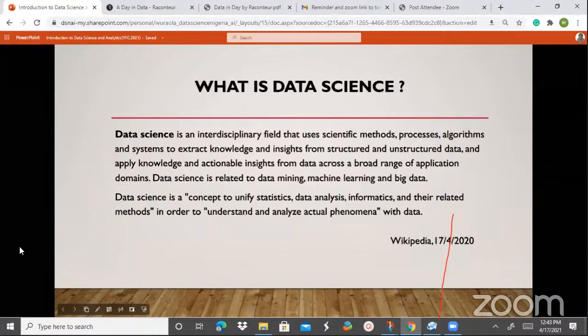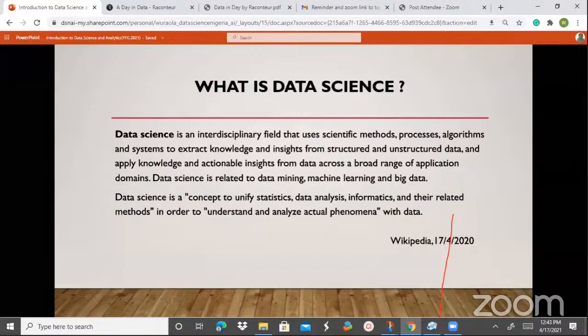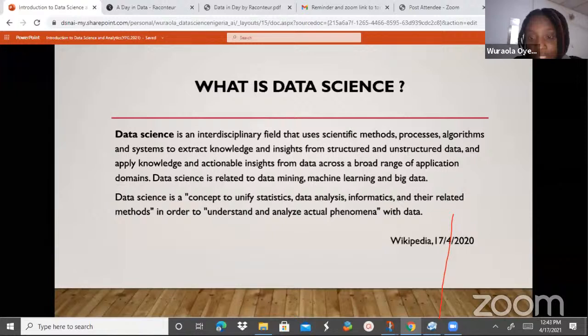Pharmaceutical chemistry, pharmaceutical technology. There are many, but pharmacy brought them together. Data science has exactly that vibe. It brings together statistics, informatics, this is where your coding comes in, and data analysis. It brings about different components of